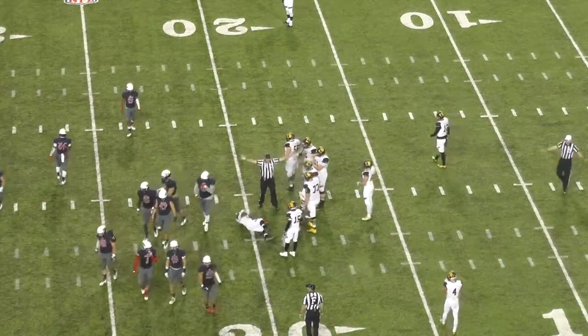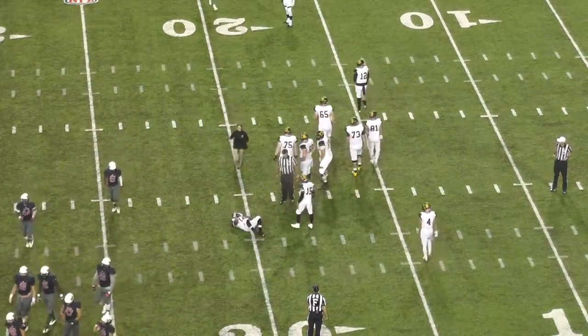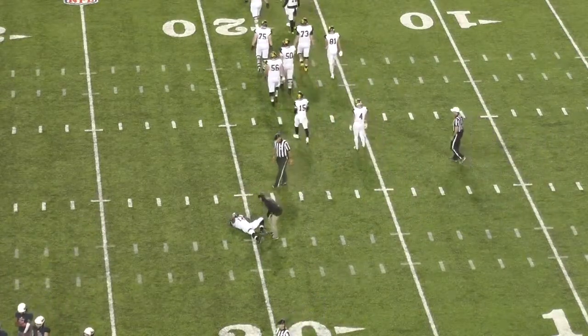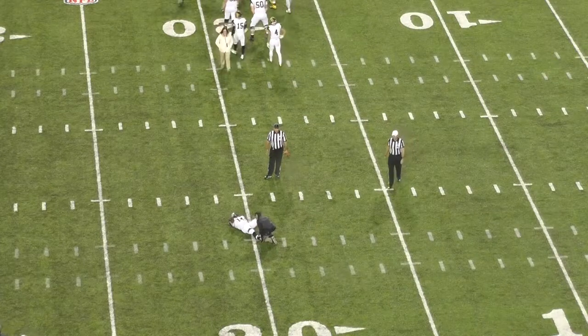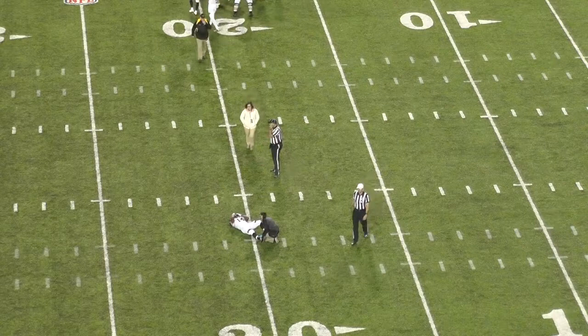But Colson is down. And see, that's the thing. In this part of the game, you've got 7 minutes 48 seconds, 20-3. I think if you're Ohio Dominican, that hurts, having your star running back out. Absolutely, and we already know that Brandon Schoen, their starting running back, is not playing today